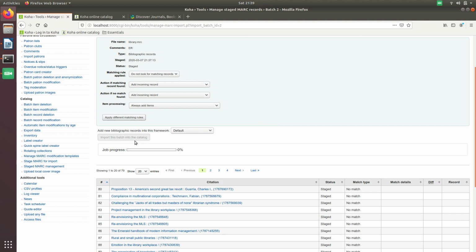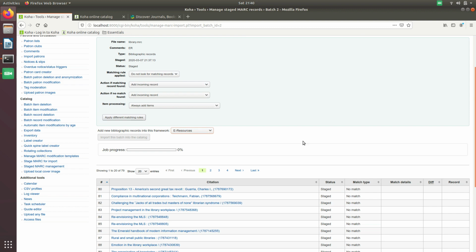Here you have to be very careful. Once you click on this, I did not choose the framework. I was supposed to choose the framework here, which we created, ER. I just clicked here, but we are supposed to choose the framework. So it will go and sit in the respective framework, and it will show the record accordingly.